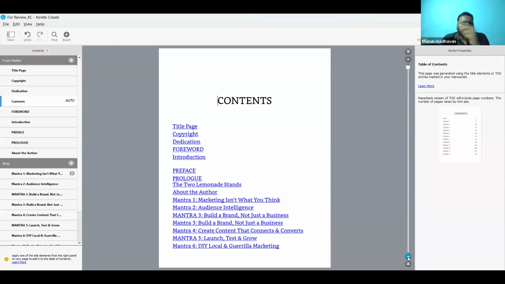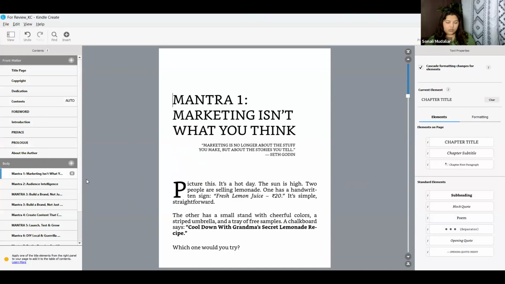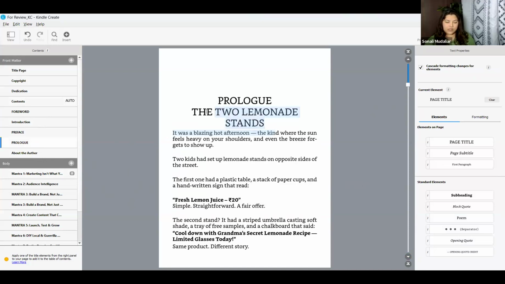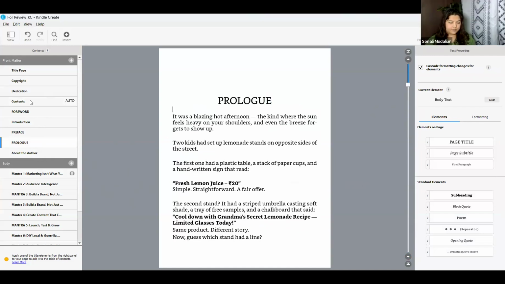But the lemonade stand was inside the mantra one, the story kind of thing. No, the prologue was initially part of that, but a prologue actually sets the stage for the start. Done. I'll just delete this and hit enter.